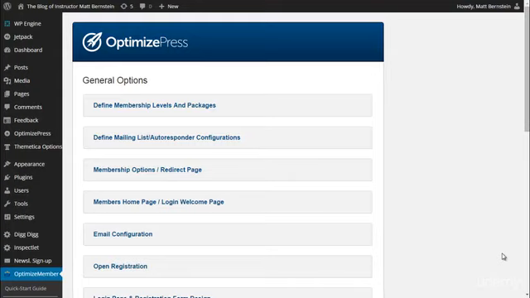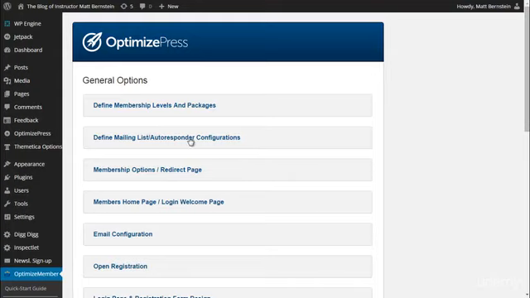It's that easy. So about OptimizeMember, you can define membership levels and packages for the visitors of your website. This is if you were going to create a membership website, which we're not going to learn about. I do not have a membership website. I point everybody to Udemy, and we discussed earlier why you should do that. But right now, when people sign up for a free membership on your website, which they will,